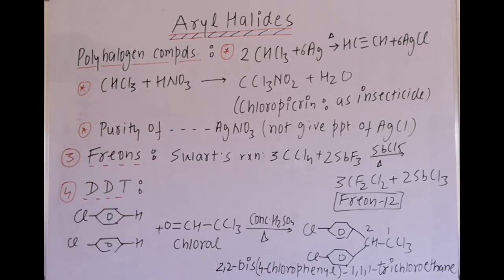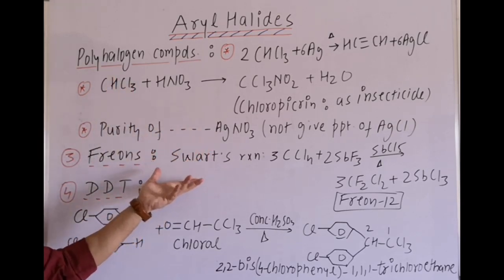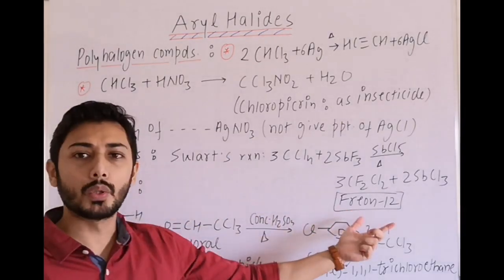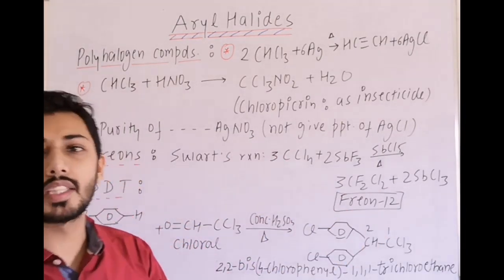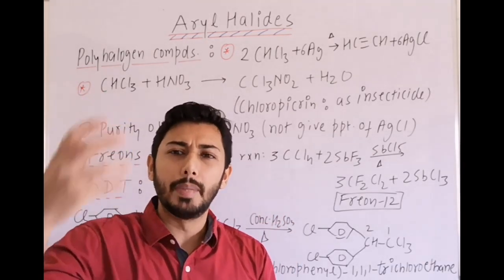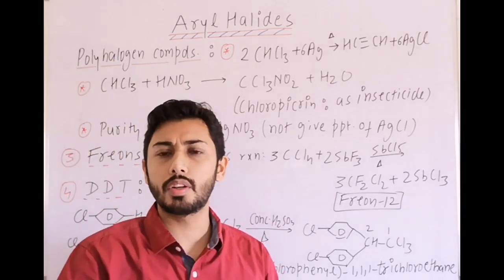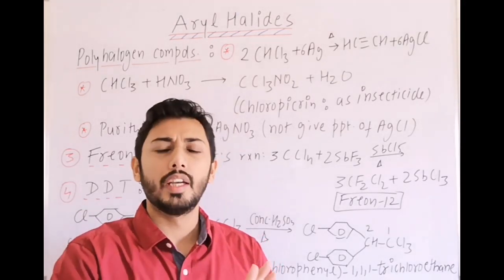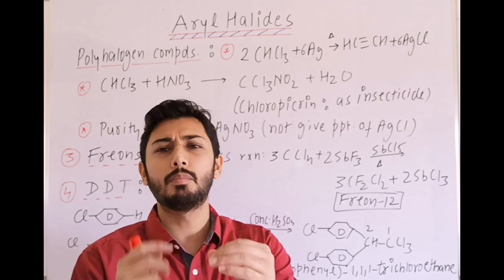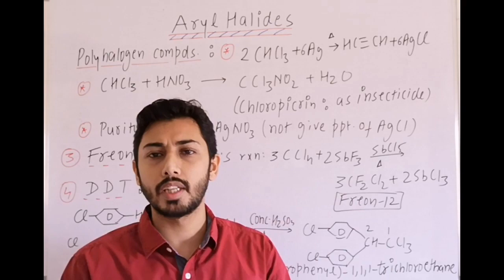Third polyhalogen compound is freon. Freons are what? They are basically chlorofluoro compounds of methane and ethane, and collectively these are termed as freons. Now, one such freon is freon 12. Their characteristics, some points are given in NCERT. These are purely information based things, like you should know the basic terms of polyhalogen compounds. So I am not going through these theoretical points, because without reading it and without marking it, it won't be of any use. So here I am only treating some important reactions or some points which are not given in NCERT. That's what I am writing here.